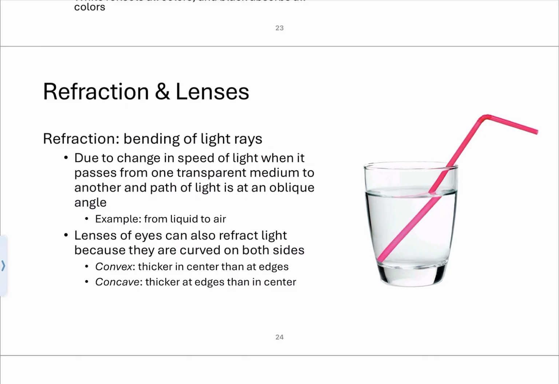If the light is from a distant source, the rays are pretty much parallel and the point at which they focus is what we call the focal point. So in general, the more convex the lens, the more the light bends, and the shorter the focal distance, which is the distance between the lens and the focal point. And when we're talking about concave lenses, that just